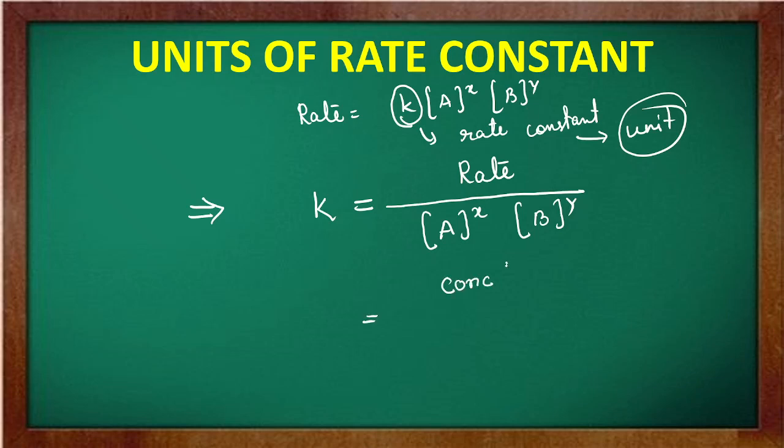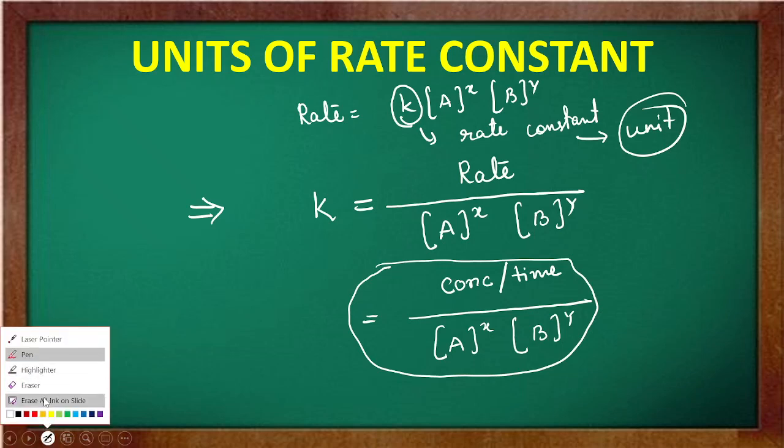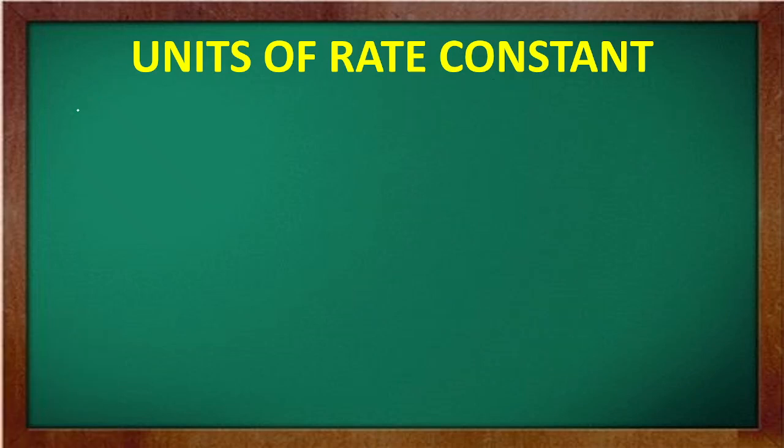concentration by time, यही था if you remember from the last class। और साथ ही ये तो concentration है सारे के सारे, तो इसको लिखो concentration of A to the power x and concentration of B to the power y। So this is how your k for different reactions will be determined in each case। तो अब देखो मैं एक एक करके निकाल के दिखाऊंगा। First of all we will see that what will be the unit of rate constant when the order is 0। अब देखते हैं एक एक करके, देखो।